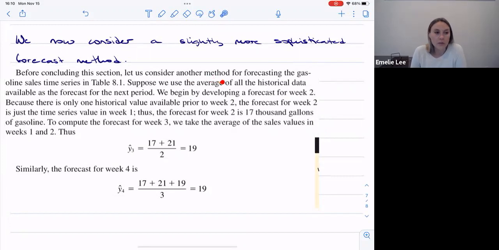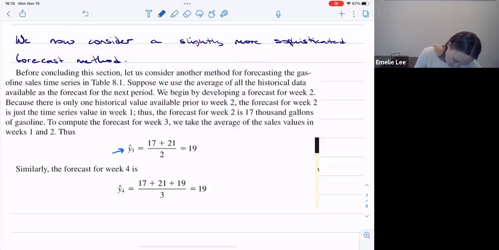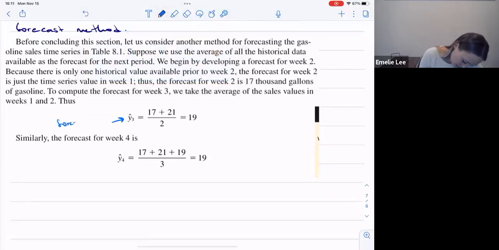So suppose we use the average of all the historical data available as the forecast for the next period. We can start by developing a forecast for week 2. That would only have one historical data point, from week 1. But if we move into week 3, then we have historical data from week 1 as well as week 2, and our forecast for week 3, Y3 hat,